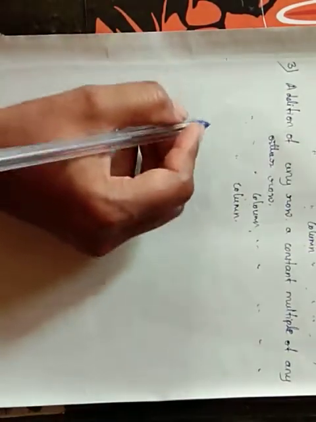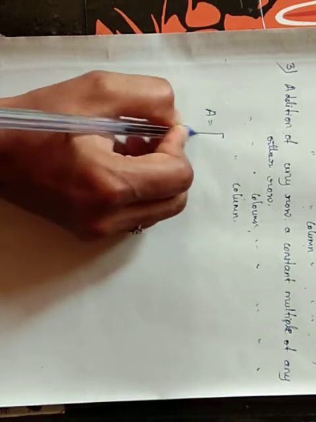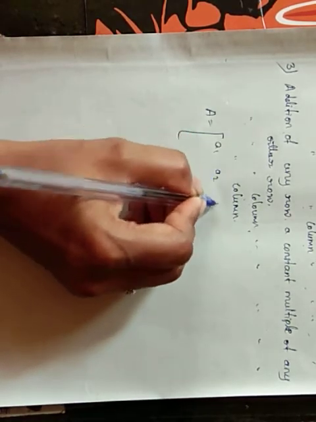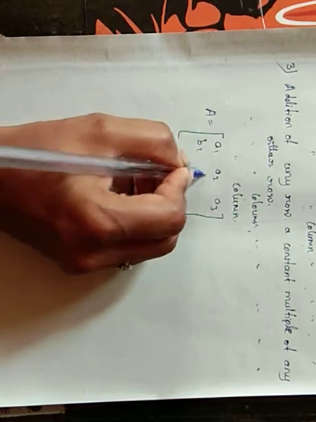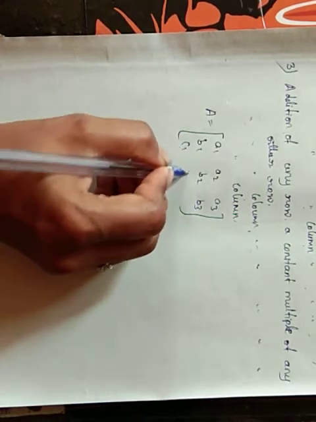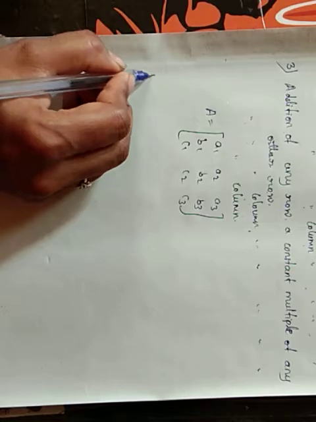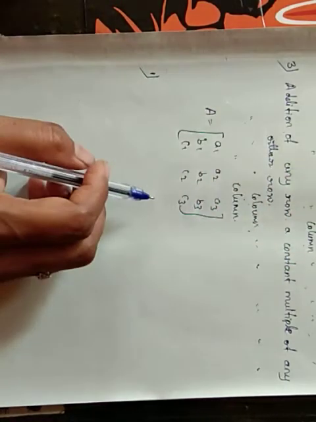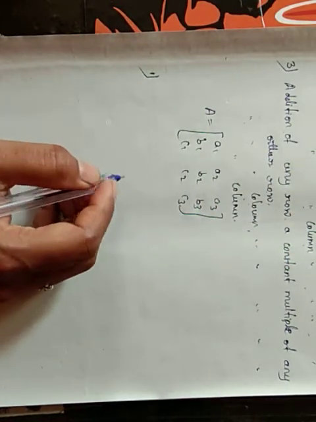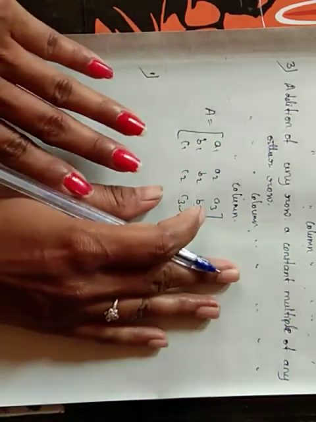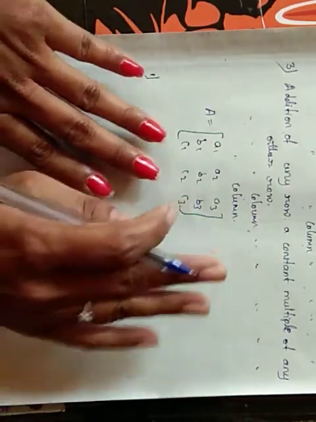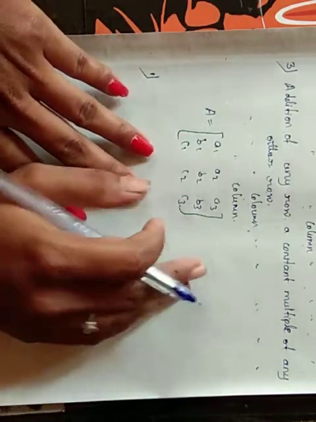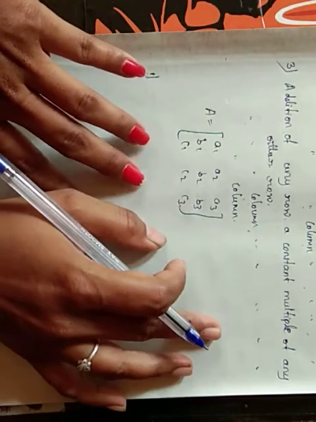Now I am explaining this procedure with an example. A equal to, in general, A1, A2, A3, B1, B2, B3, C1, C2, C3. How to apply the rules and how to indicate these rules by symbols? First I am taking the first rule, interchange of any two rows and any two columns. I am explaining all the rules for row transformation; similarly you can apply the same to the columns.